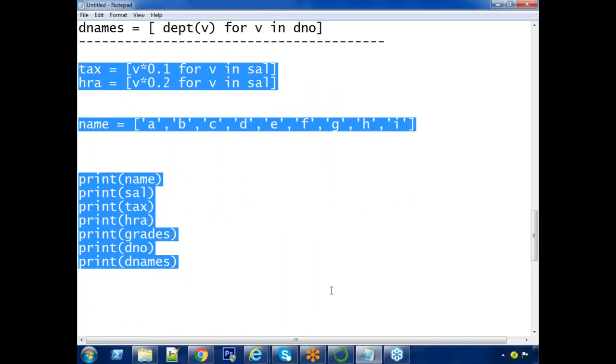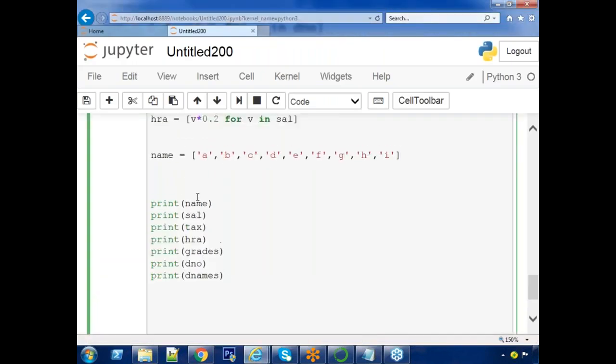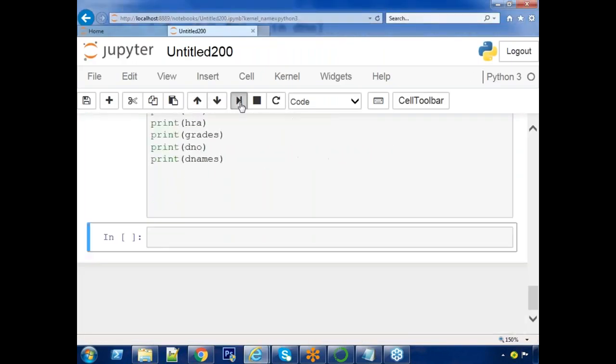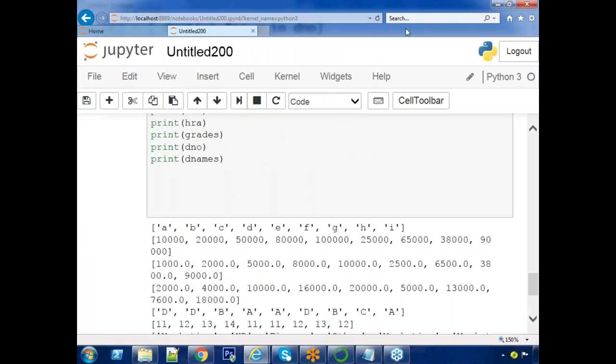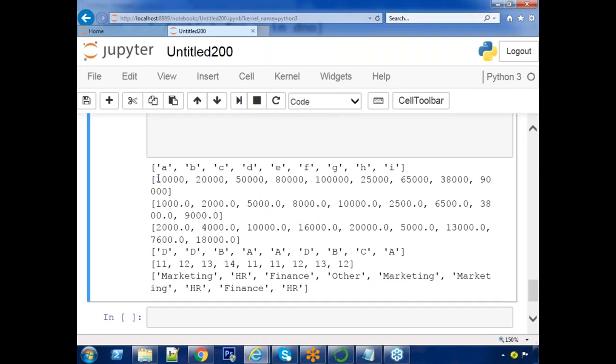You have totally 7 lists in your hand now. Running this. Tell me about the first person. First person name is A. 10,000 salary, 1,000 tax, 2,000 HRA. This is his grade, department number, and department name marketing.